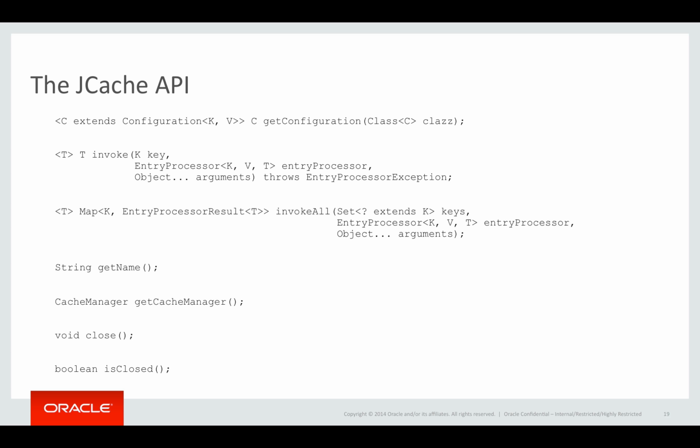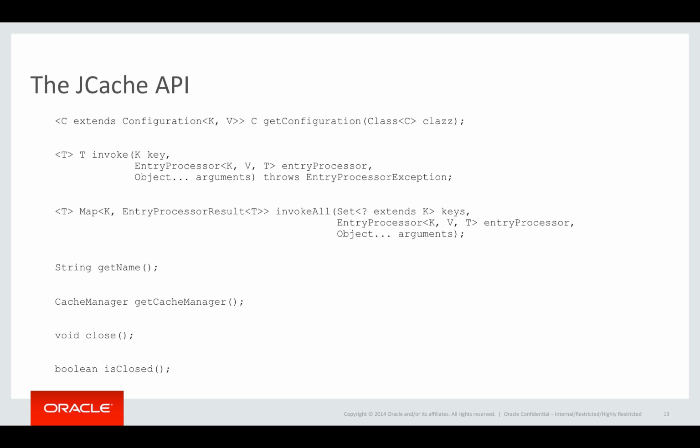That is, anytime you think you might need to use a lock to maintain or have exclusive access to an entry in a cache to do some custom function, then you can use an entry processor. The specification itself provides a lot more detail around the semantics of entry processors. If you're a developer that's used or using Oracle Coherence, you probably recognize the concept of entry processors. Coherence has had them for nearly 10 years, and due to the popularity, we decided to incorporate them into the